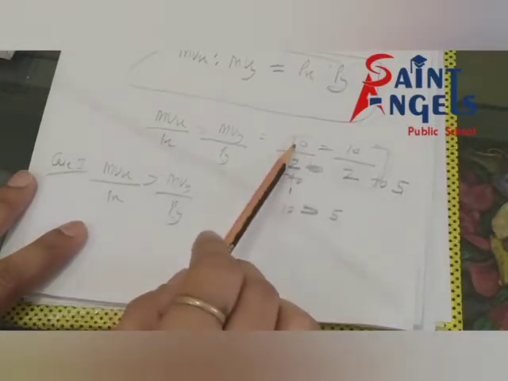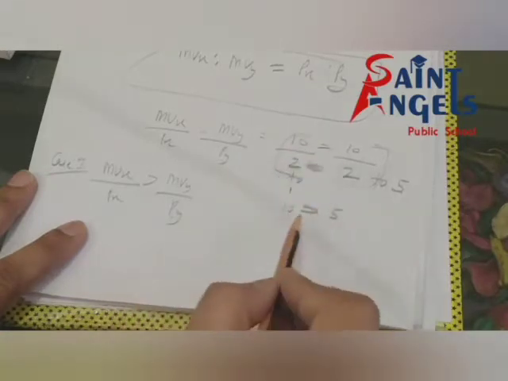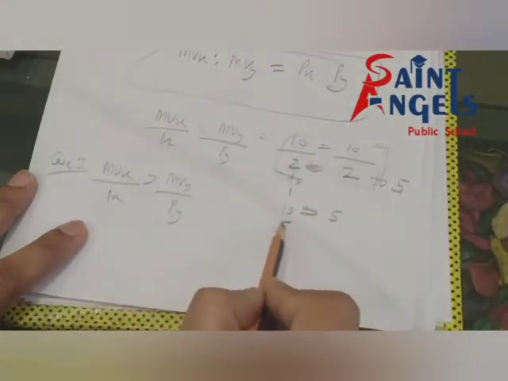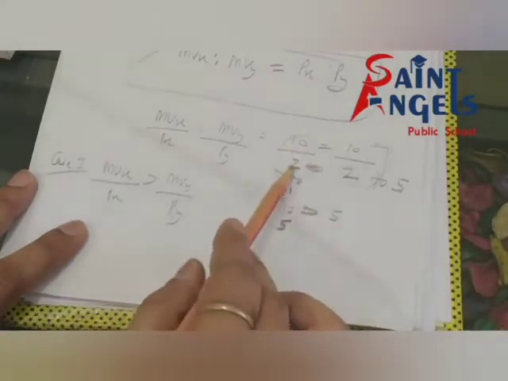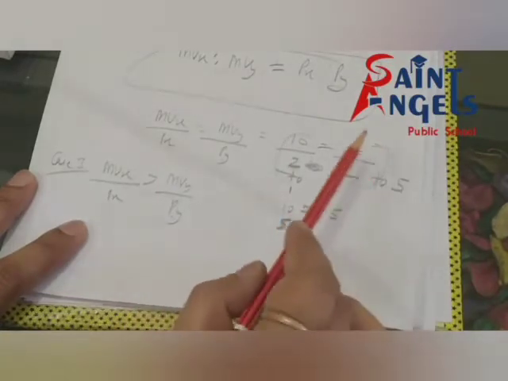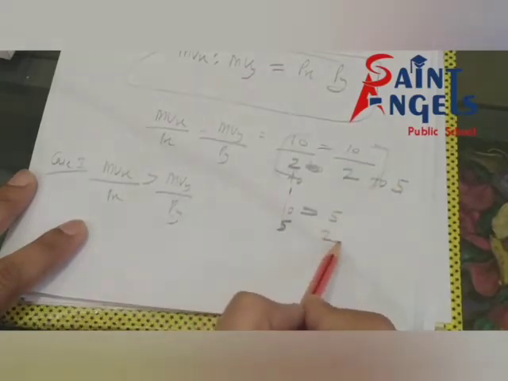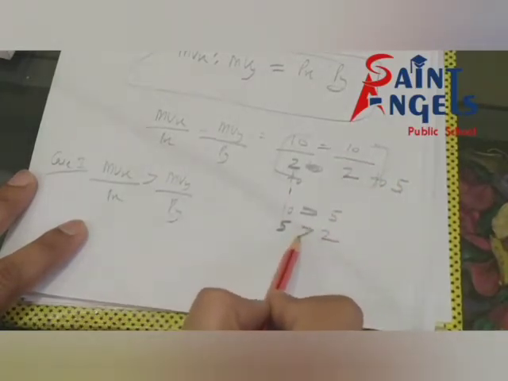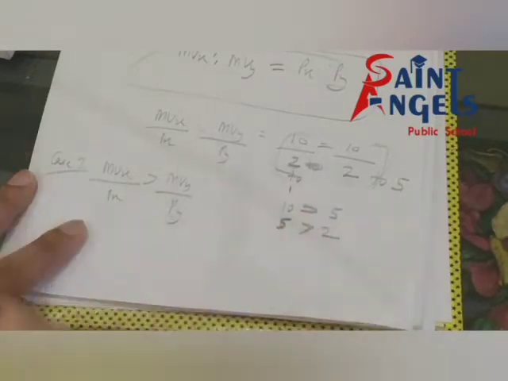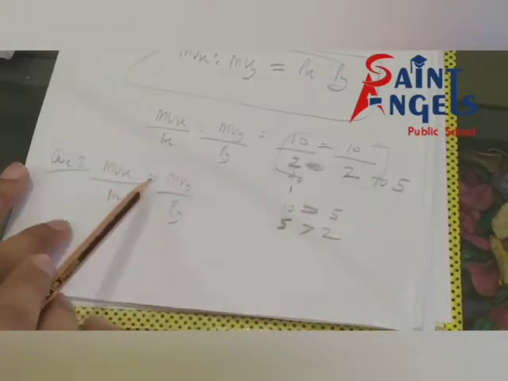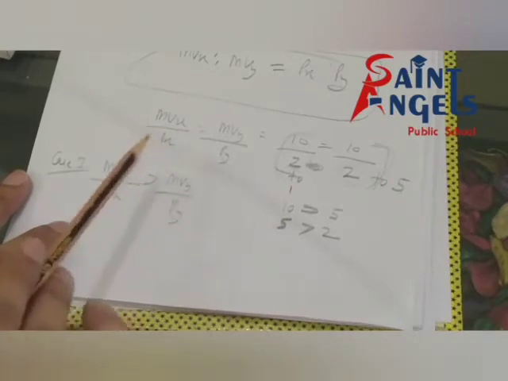It means that 10 divided by 2 will be equal to 5, and 10 divided by 5 will be equal to 2, which means 5 will be greater than 2. It means that this condition will be created